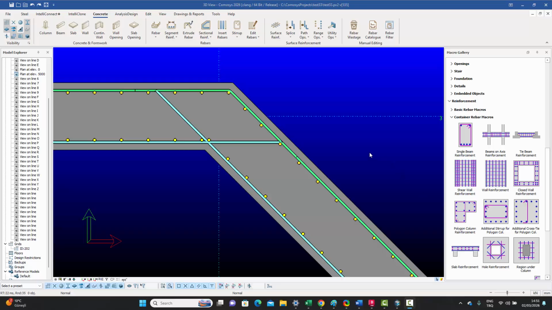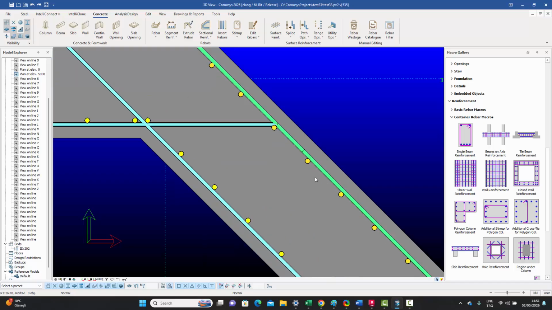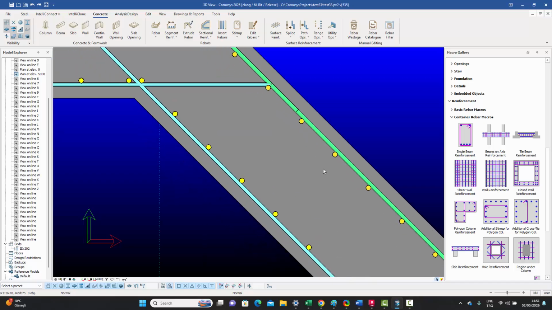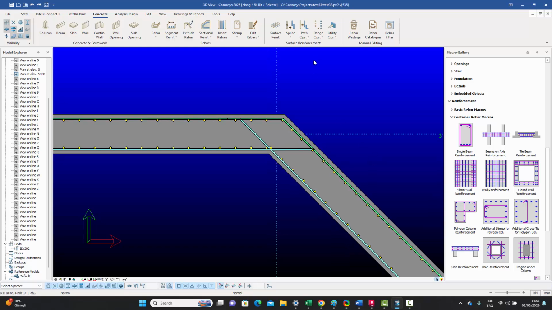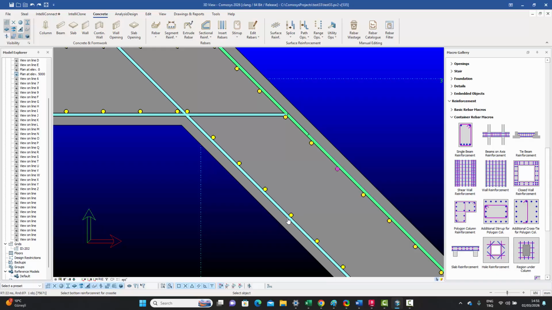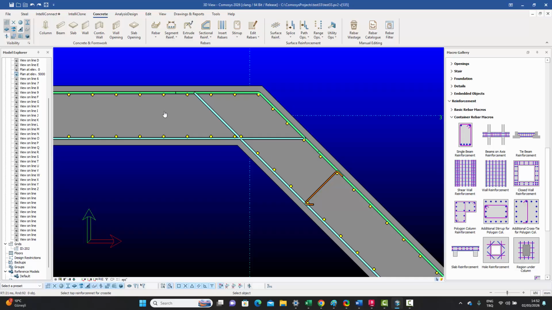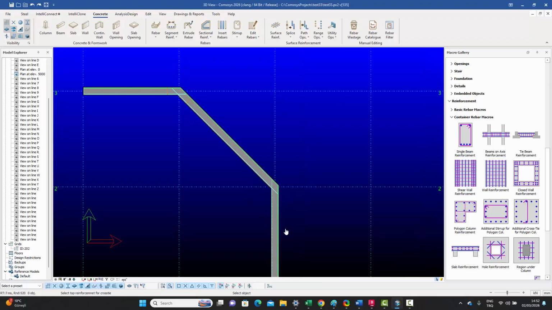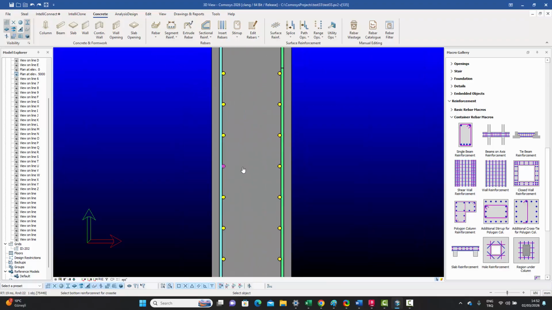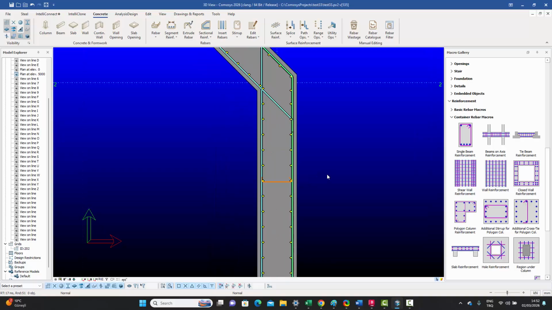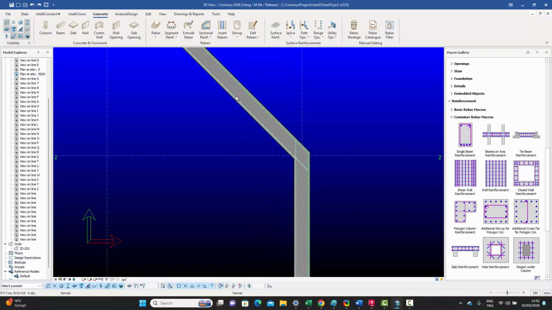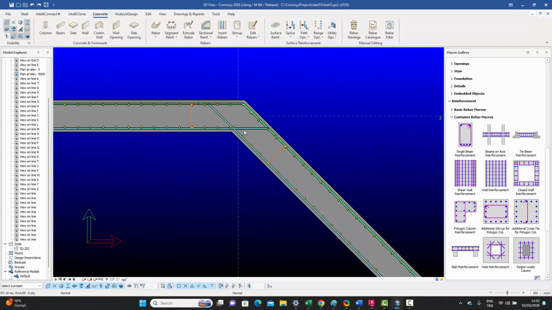So here I've made the thicknesses of the two walls equal so that it's easier to see how well aligned these bars are. And if you wanted to enter any cross tie, for example, manually, you could see that as well, that this is at exactly 90 degrees. If I were to select this one and this one, once again they're aligned. And if I were to go there and select this one and this one, once again you can see that it's perfectly aligned. So that's an easy way of, let me just undo those,